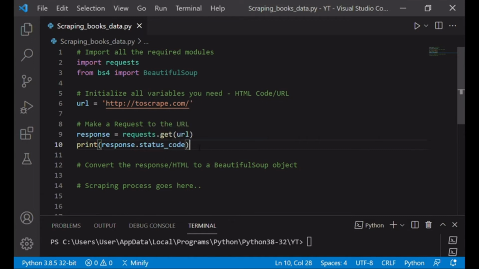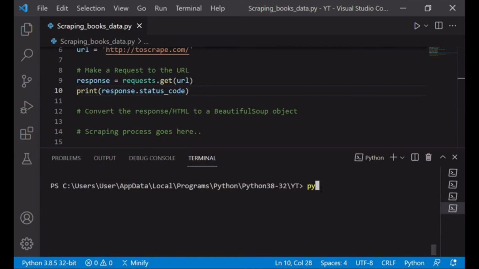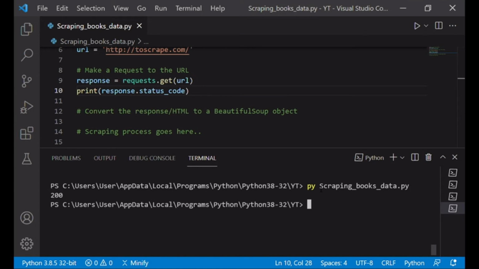So we are looking for a status code of 200. That means our request is being accepted by the server, and we are getting a response from it. Let's run this and see what we're getting. It's 200, which means our request has been accepted by the server, and it has given us a positive response.